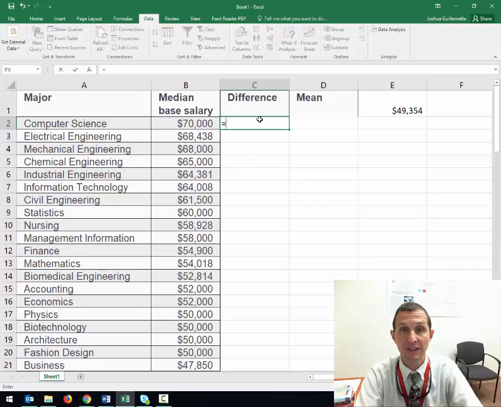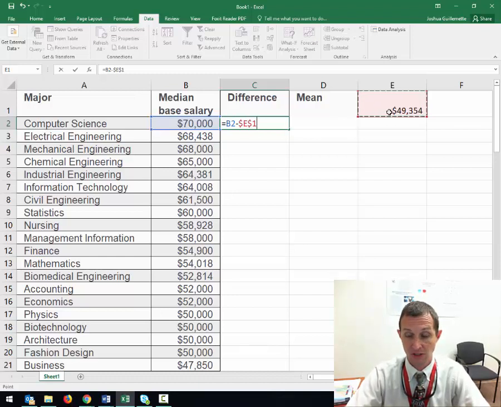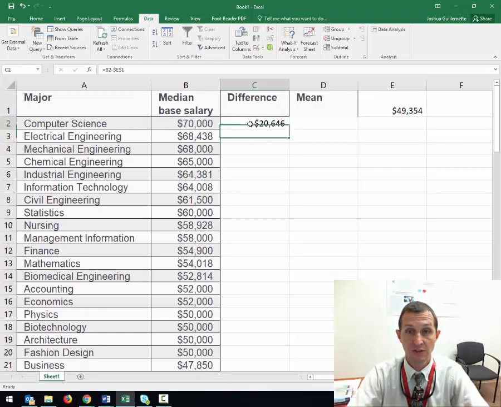So what I'm going to do is I'm going to type equal again, because remember I'm trying to calculate something. And to do this for all of these cells, what I really need to do is click on this first cell, and then I'm going to do subtract, and then I'm going to do this cell over here. So basically what I'm telling Excel is to take this number and subtract this number from it. Now actually I always want to subtract this number. So I'm going to do a little keyboard shortcut, and I'm going to hit F4. And if I hit F4 and those little dollar signs come in, that means I'm always going to use this value over here, the $49,354. And I hit enter,